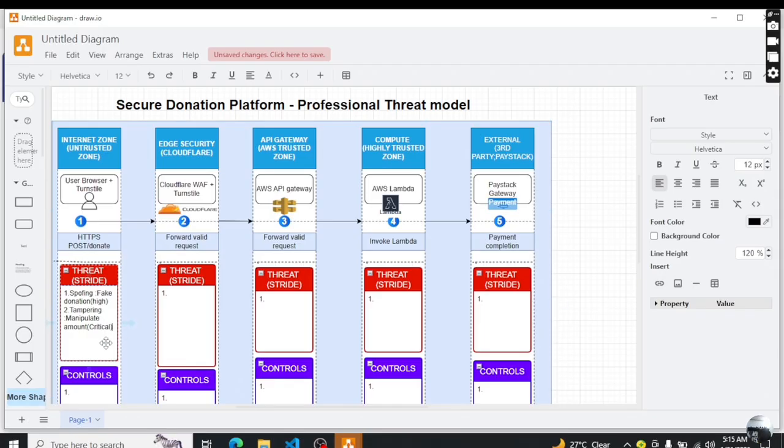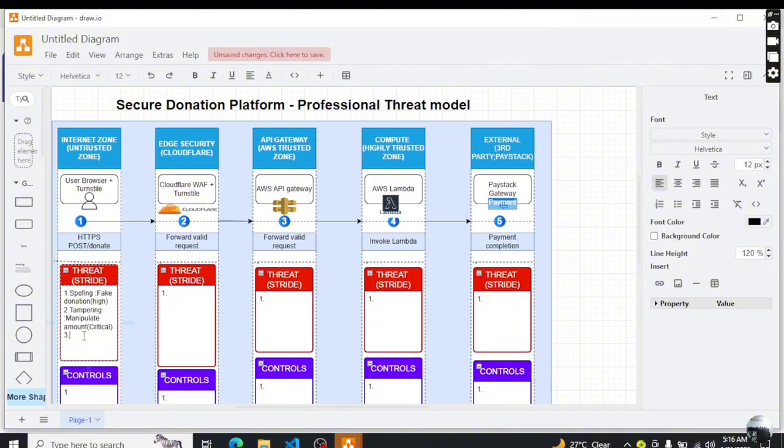Imagine somebody manipulates and says he donated maybe 5 million, whereas he only donated 1,000 naira. He can actually sue them to court and say, where's the 5 million I gave you? So it's very, very critical. It has huge impacts. Risk assessment is based on the impacts and the likelihood to happen. This one is likely to happen and it has huge impacts. So that's why. Then the third one is